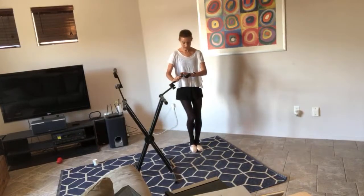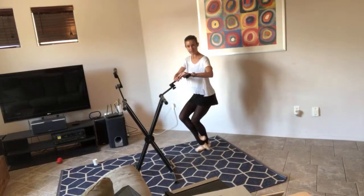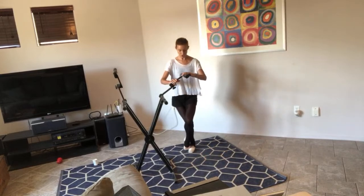So one more time. Demi, point, demi, parallel, out, push over. We're pushing over to stretch out that arch. 7, 8, left side, point, demi, parallel, out, push over. 7, 8, 2 plie relevés, down, and up, and down, and up, and 2 straight, up, down, and up, and